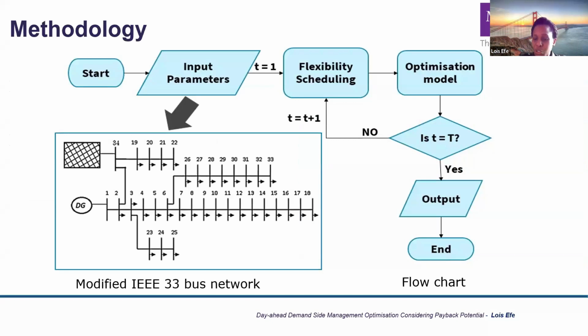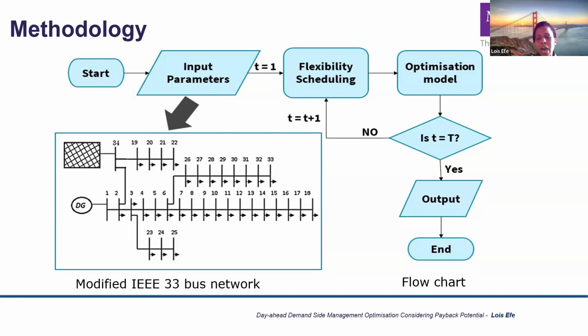So my methodology is shown on this slide. The network which I analyzed is a modified IEEE 33 bus network. It has 32 load buses, which is made up of uncontrollable and controllable loads. We have bus 34, which is a grid supply point and is modeled as a slack bus, and the DG, which is also an artificial generator, which is a mathematical trick to incentivize the desired behavior